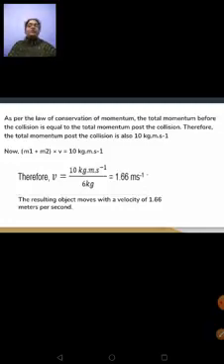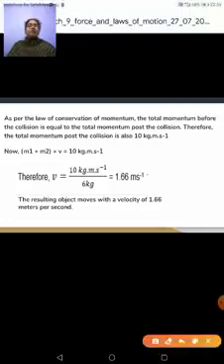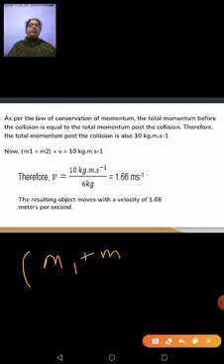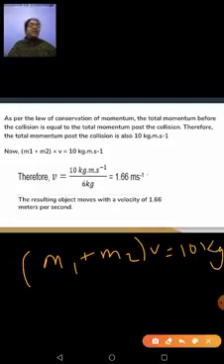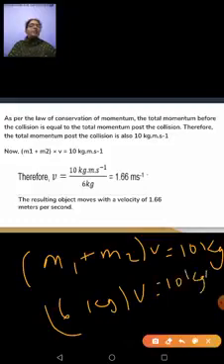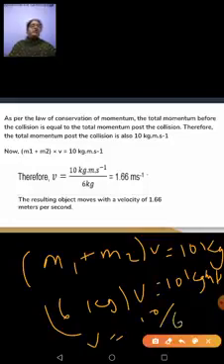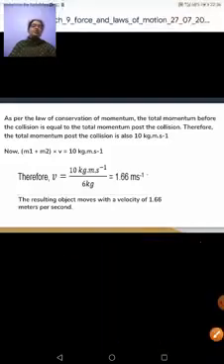That's why I told you that (m1 plus m2) into v is also equal to 10 kilogram meter per second. Now I had calculated this m1 plus m2 as 6 kilogram. So 6 kilogram into v is equal to 10 kilogram meter per second. Now when I want v, it is 10 by 6. When you divide 10 by 6, you get 1.66 meter per second. That is the velocity of the combined object. Hope this is clear to you.